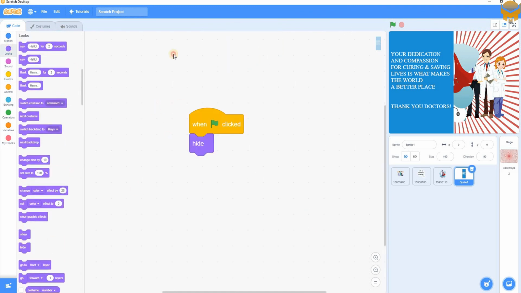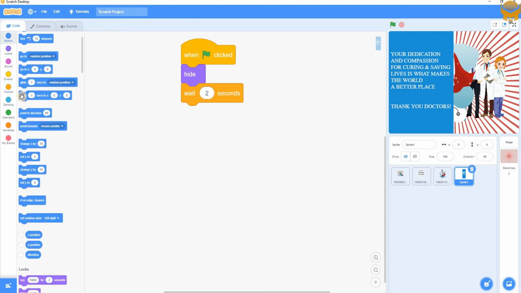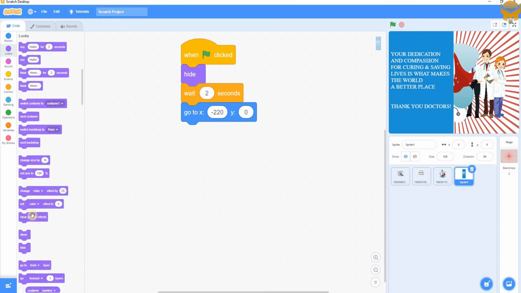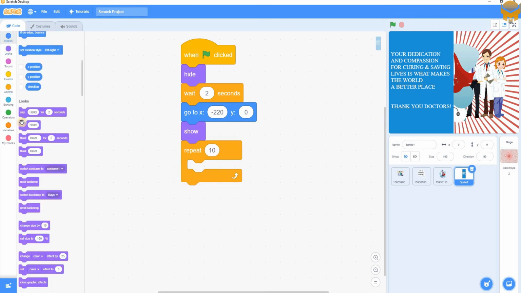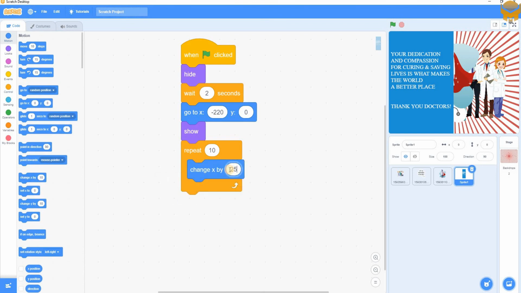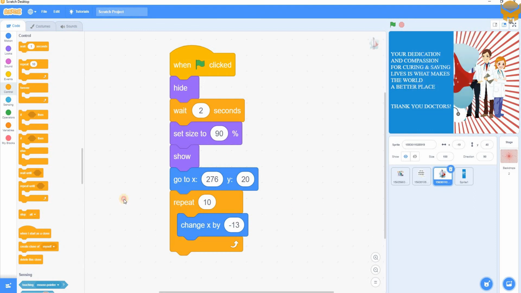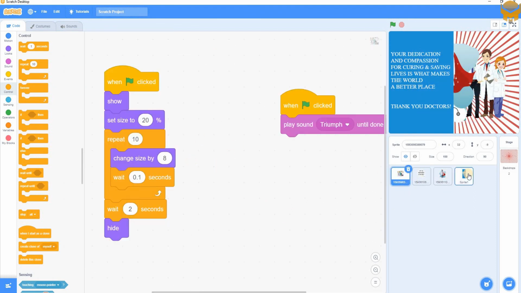In the next sprite, which is going to be the quote which we designed, this sprite will come onto the screen from the left hand side. So in this also I will have to change its X position continuously. So I'm going to repeat it 10 times and the X position is going to change continuously. Let me add a small wait. I forgot to add a small wait in that one, so I'm going to add that as well. And after all this is done, let us check our program.